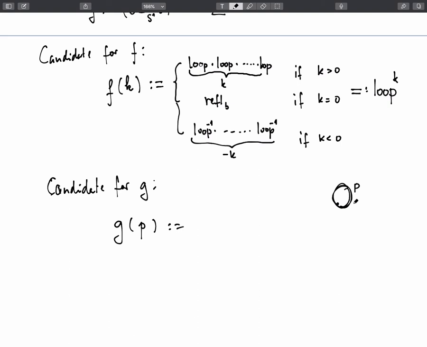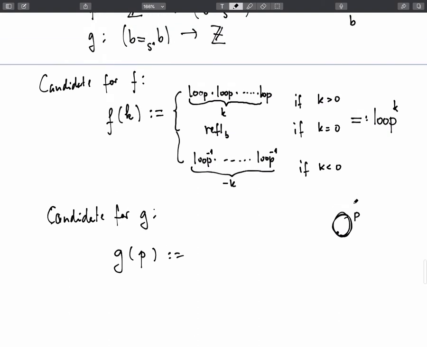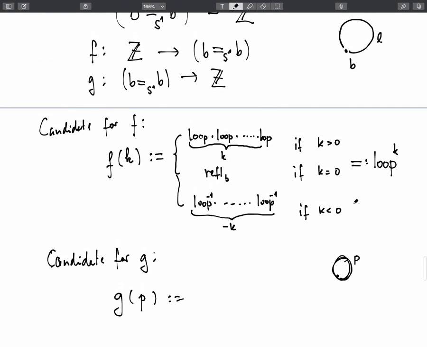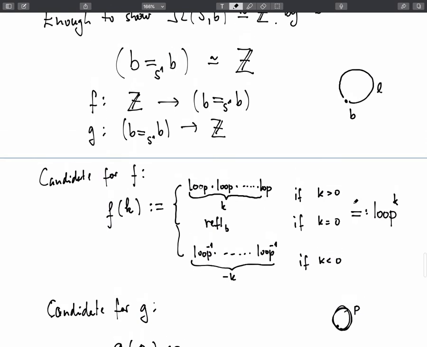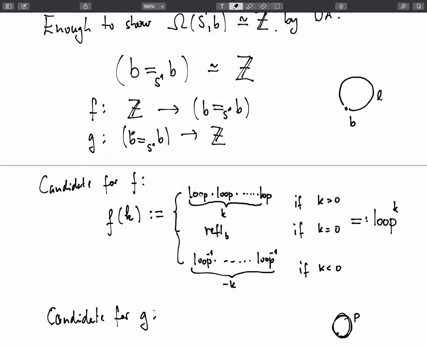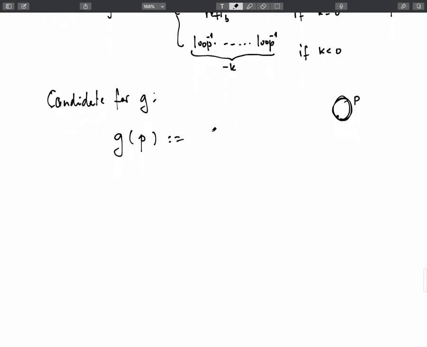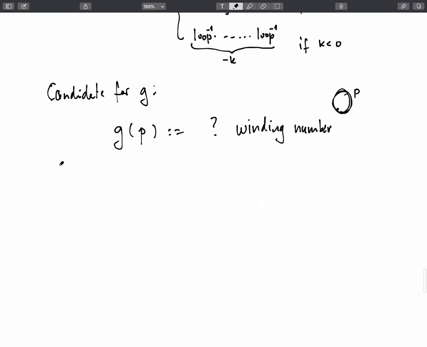And so it's doable, but let me just tell you what is going to happen if you go down this road, and then we're not going to go down this road. What we're doing is we're going to get stuck, okay? And we're going to get stuck for a reason that is very similar to a reason we had before. At some point, we will want to prove that something holds for all loops. Okay, so here we don't know what it is. We want something like the winding number. What is that? Anyway, afterwards, we'll still need to verify